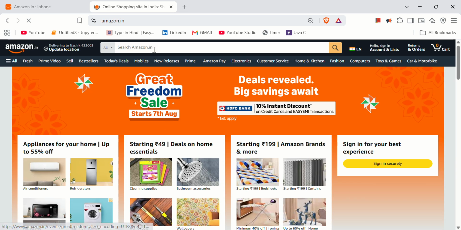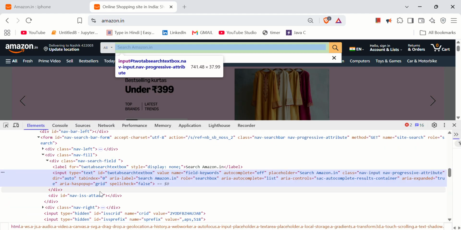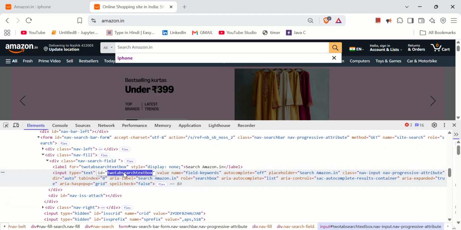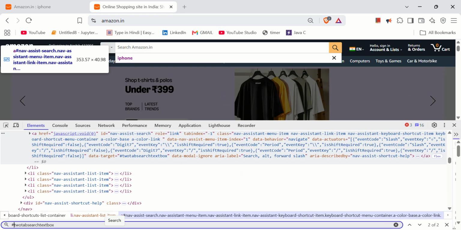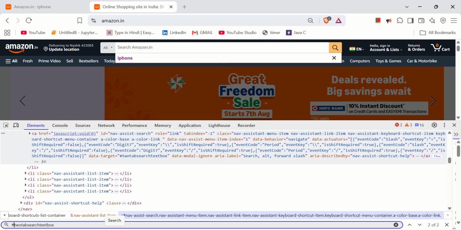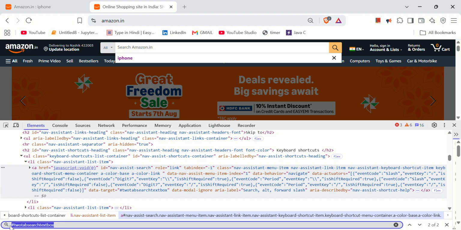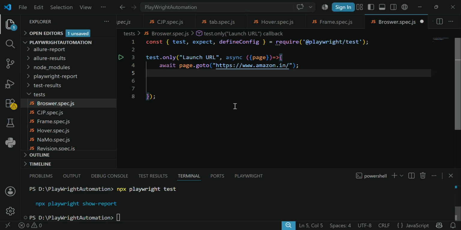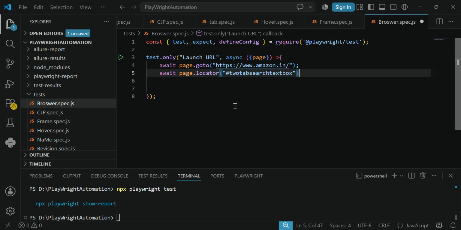So here we are basically launching the website, and since we are launching, it's automatically gonna wait. Now I'm gonna inspect the element of the search bar. Okay, that's good, we have the unique ID. Let's verify quickly. We can give the hash over here. Yeah, this seems to be a unique ID, so it's not being used elsewhere. Let's get it as a CSS selector. So we're gonna use page dot locator